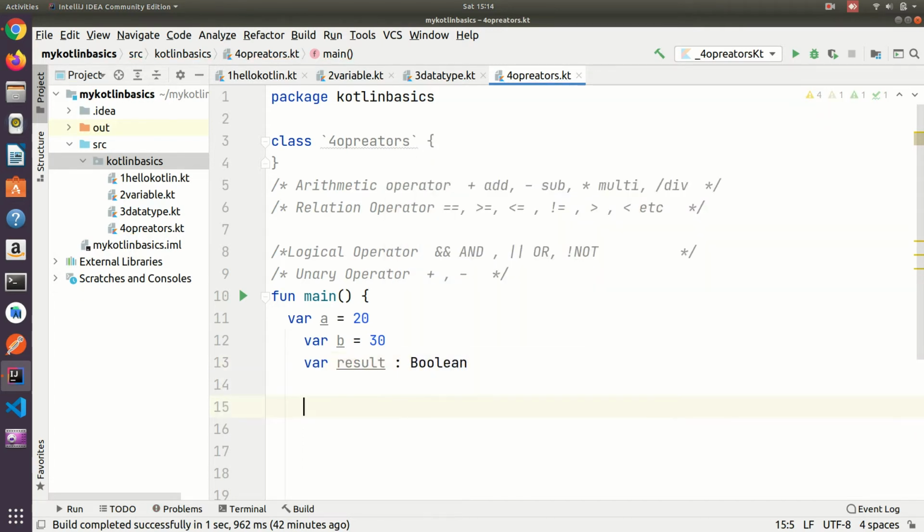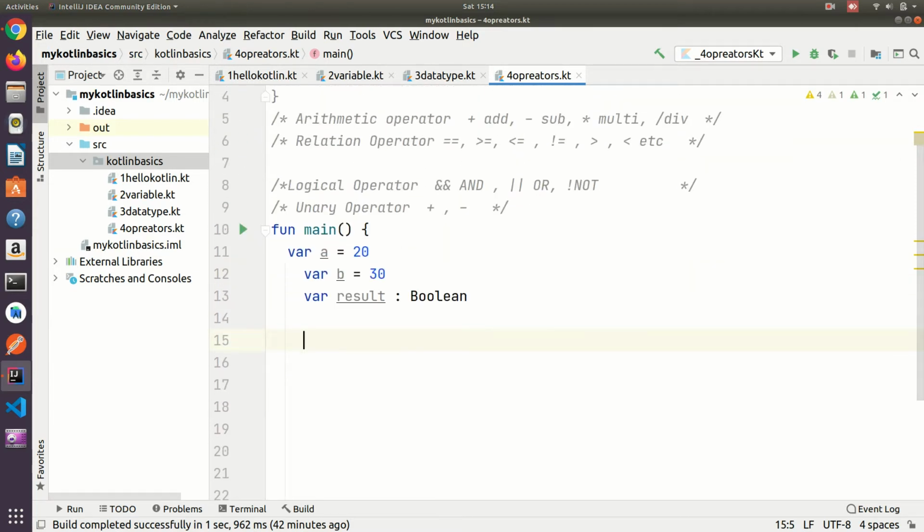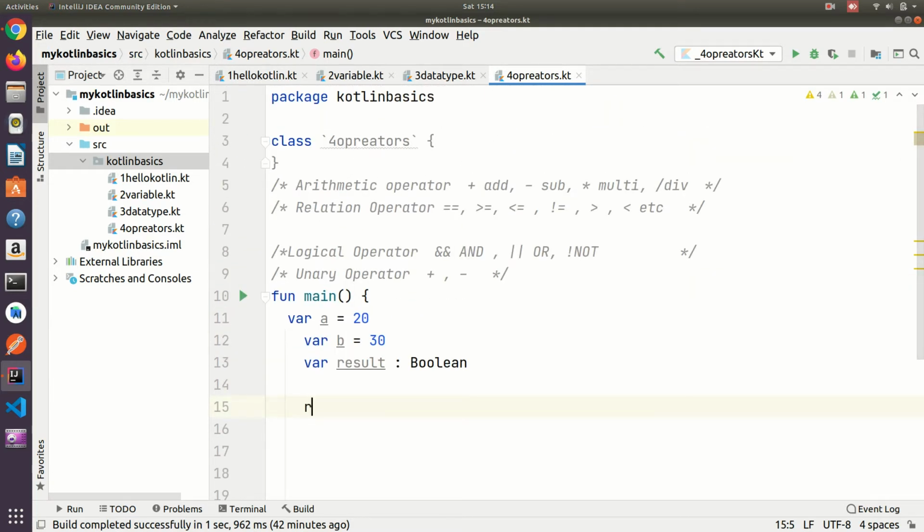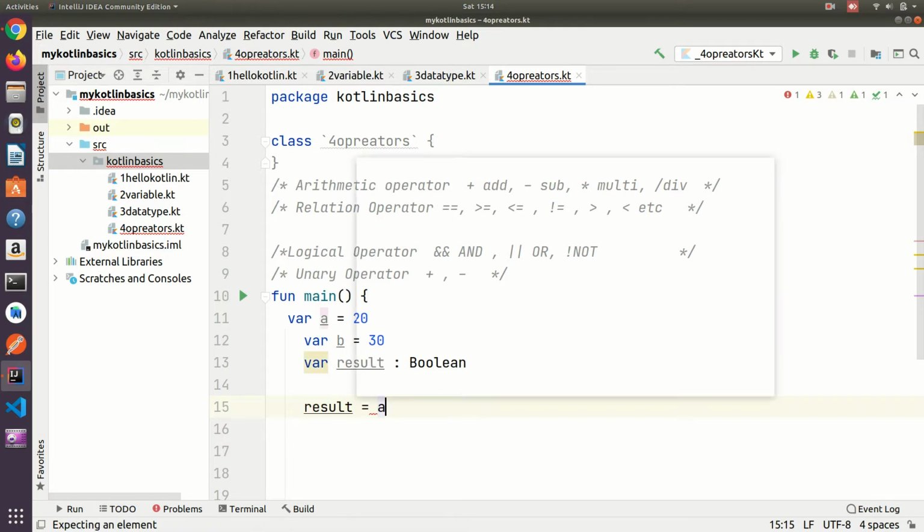Okay, and I am going to use the condition result is equal to a is equal to b.